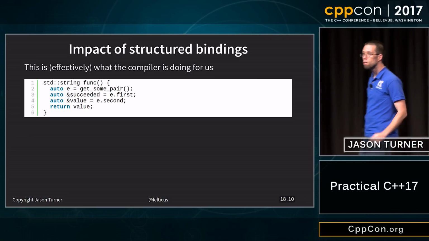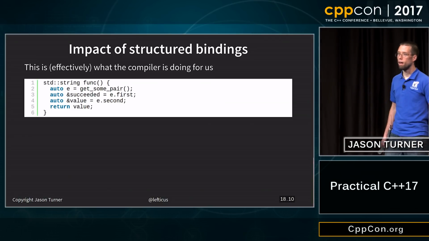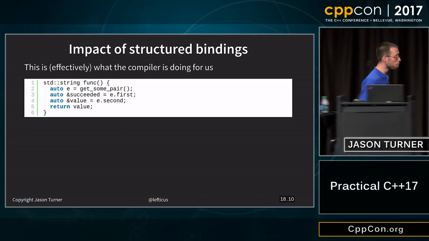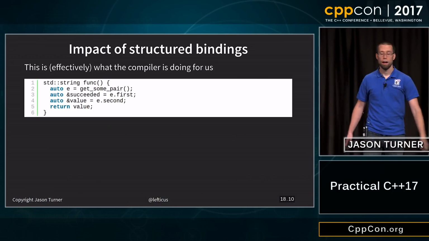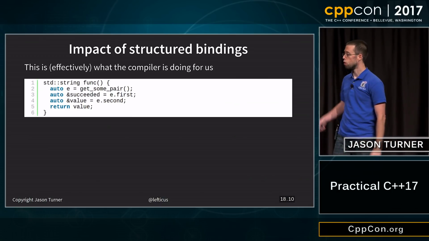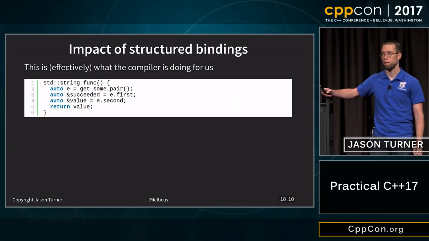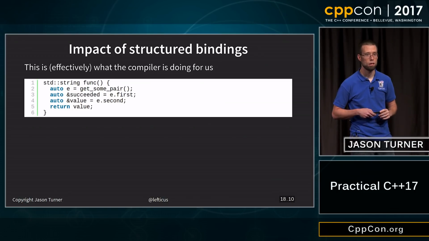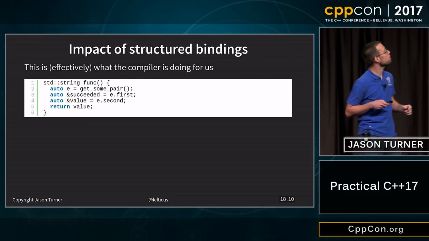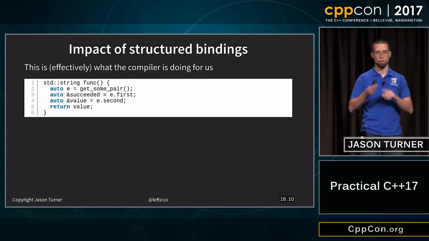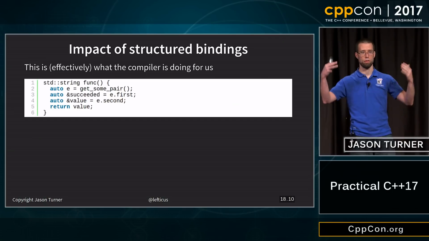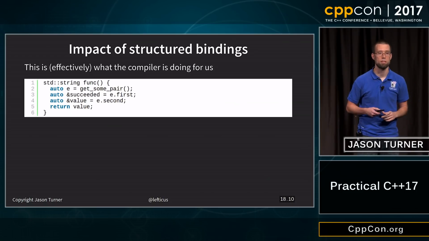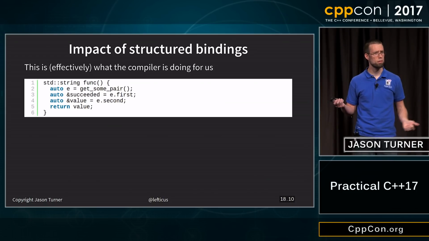Do you consider this logical, or is it a flaw in the language? I am not qualified to say if this is a flaw in the language or not. I honestly don't know how it could be done better. So I don't know if there's a different answer. Yes? What if e has a non-trivial destructor? Then the lifetime of the bindings is the lifetime of the thing that was returned. It works exactly like you would expect it to, just not in the way you would expect it to.